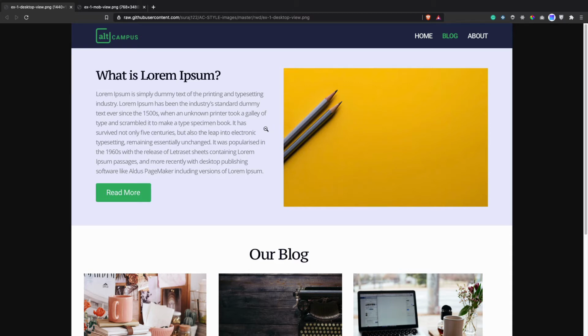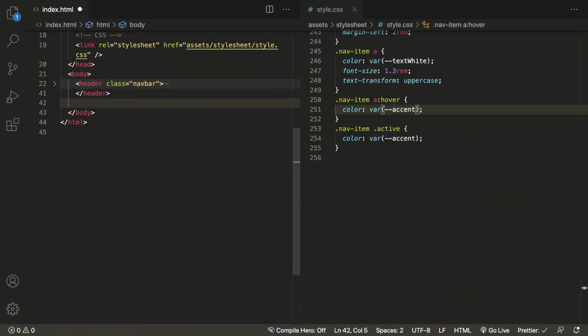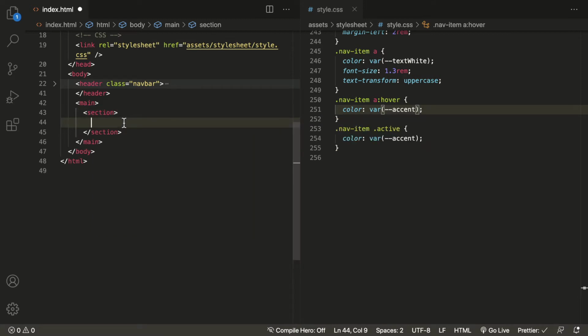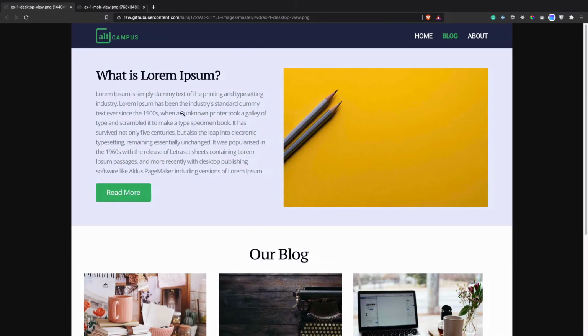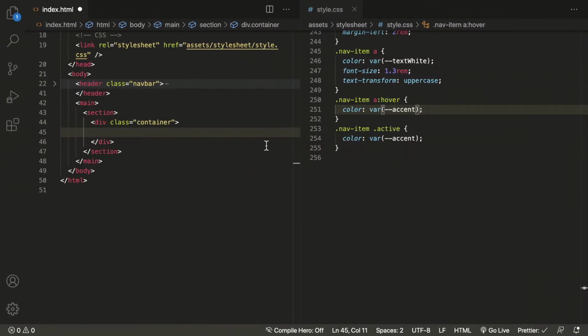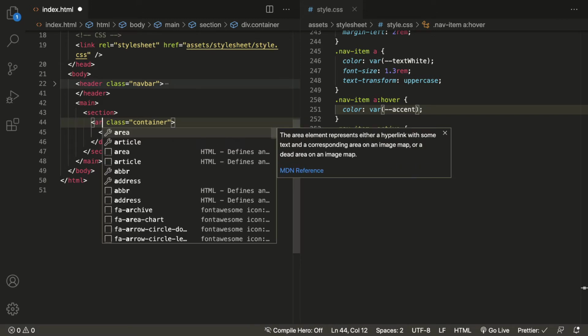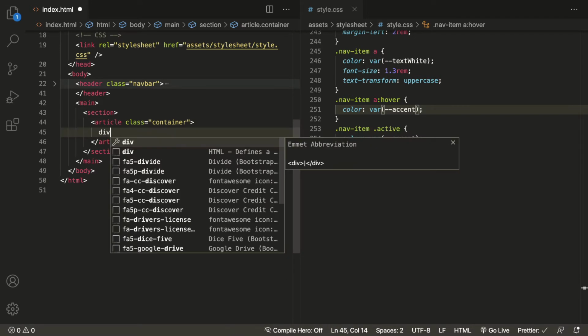Okay, great. Now let's get into our hero section. So after the header, let's get our main tag, and inside the main, obviously section. Inside the section we will have container. Inside the container we have two columns: the content of the article, then we have one image. So here let's take one article tag first. You can directly take article tag here on the container only, and here we'll say div,